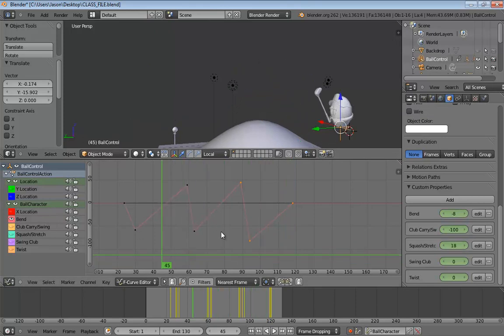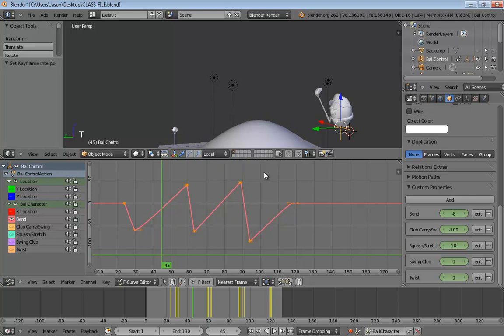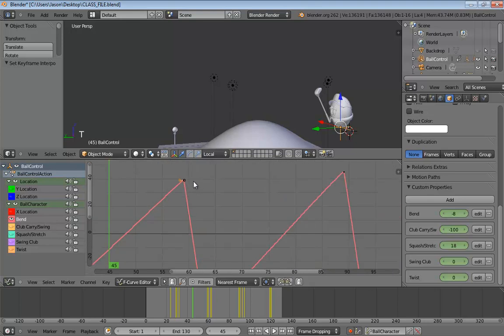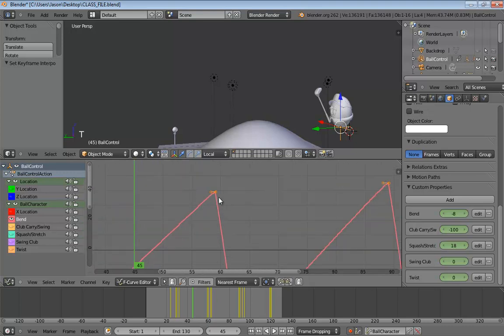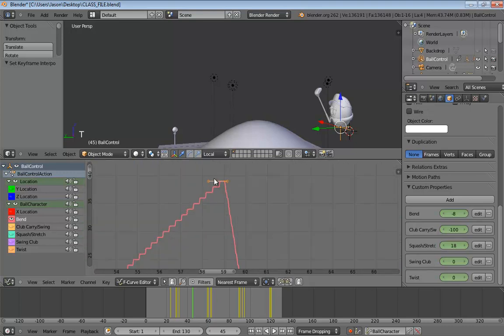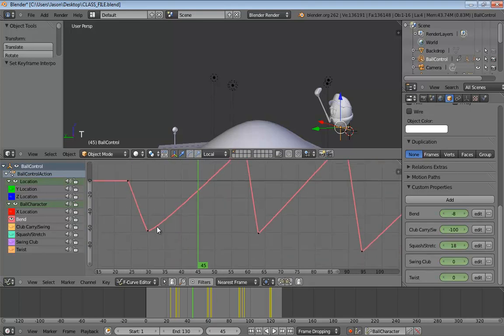Now, of course, these linear relationships aren't going to look very good, so I'm just going to grab all of my keys. Let's hit T and switch these over to Bezier. Also, immediately hit V, and, well, I don't need to free them up, really. The top ones in this case, because I've reversed my curve from what I built last time around, are going to need to have free handles, so I can turn them into points. And even that is probably not going to be that important here, because we're getting really fine-grained shape. It's probably not going to change that much. Let's just try avoiding it and see if we can get away without it right now.